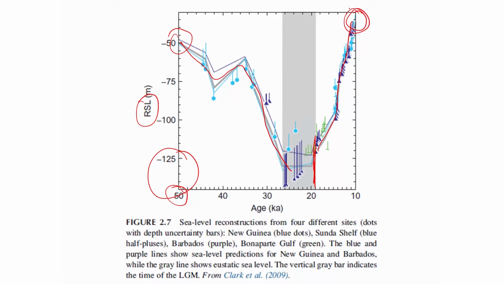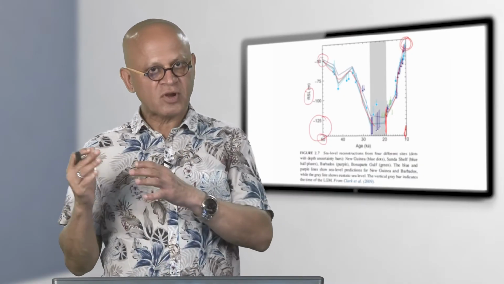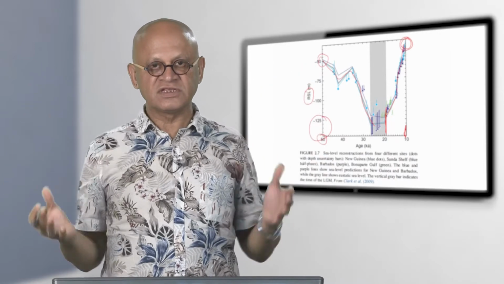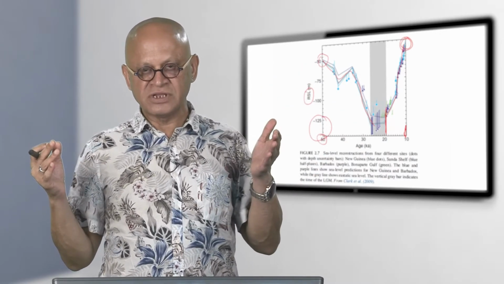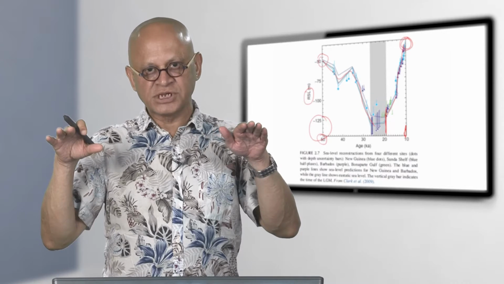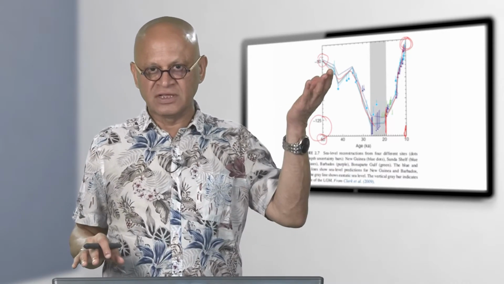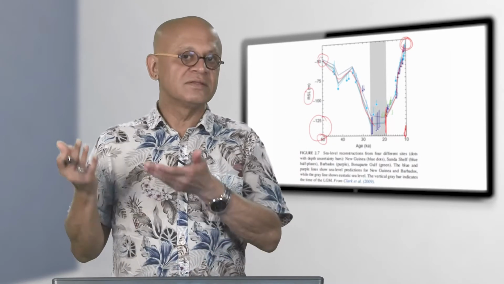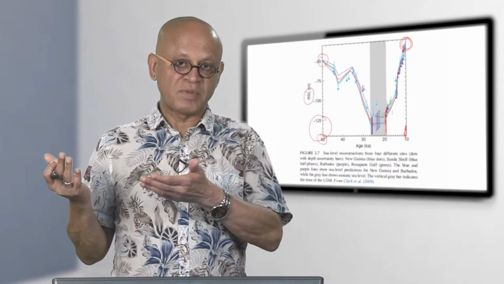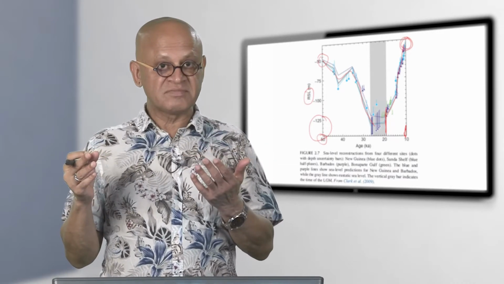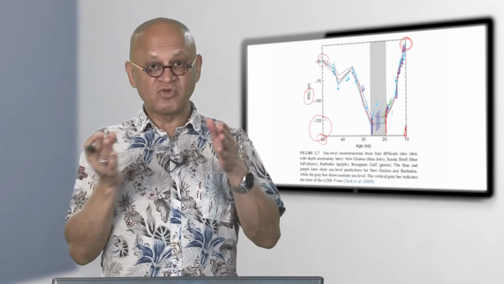So, right at the end here, this is stopping at the beginning of the Holocene. When we talk about modern sea level rise, we have to account for all these. How is the sea level rising because of the deglaciation, and how is the sea level changing because of the movement of the continents, whether it is ocean sinking and land rising or subsiding, and glaciers melting because of global warming and so on. So, you are talking about millimeters per year, sometimes centimeters per decade, and you have to